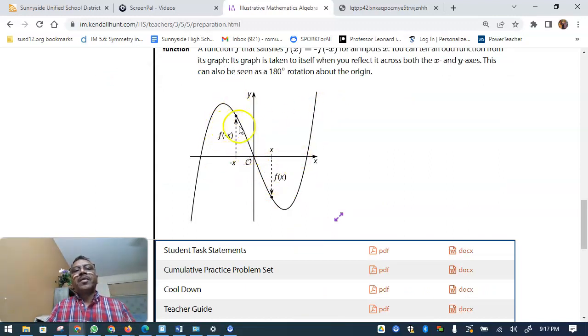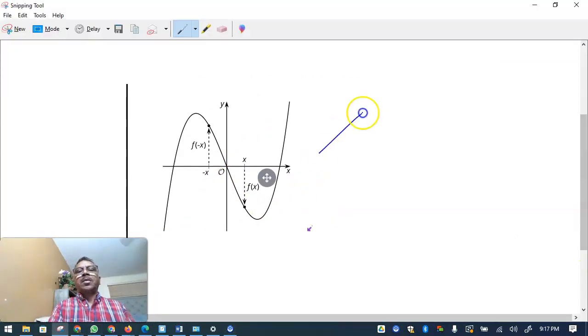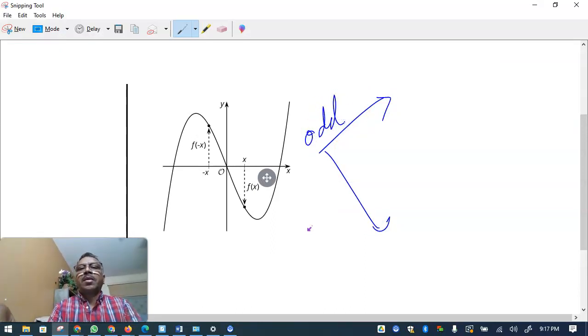In this graph, you will see the point reflects. Imagine this is the point which is down at the bottom. Now this point reflects over the origin, and you get back that one. Just to understand this, let me take this graph. So there are two ways you can say whether it is an odd function. How do you know the function is odd? There are two ways. Either you say, okay, reflect over